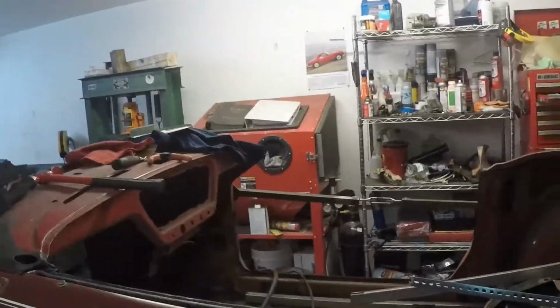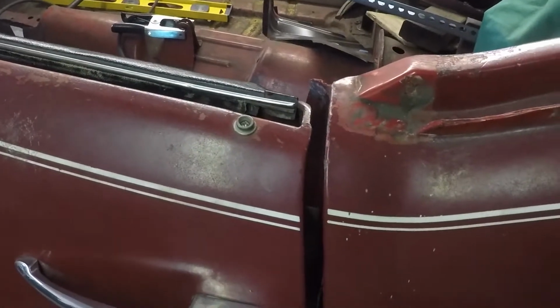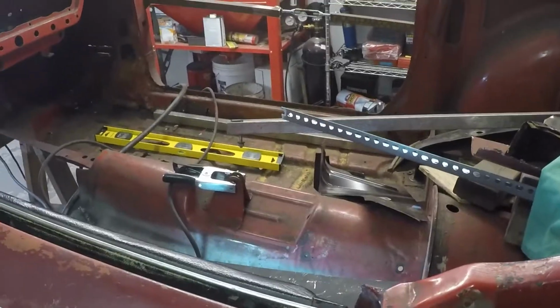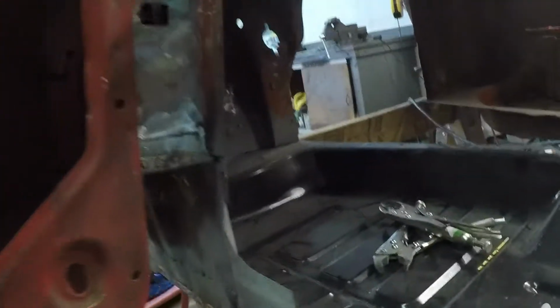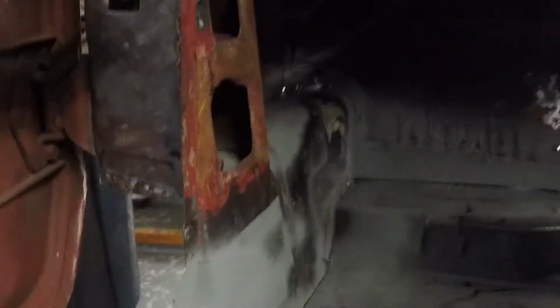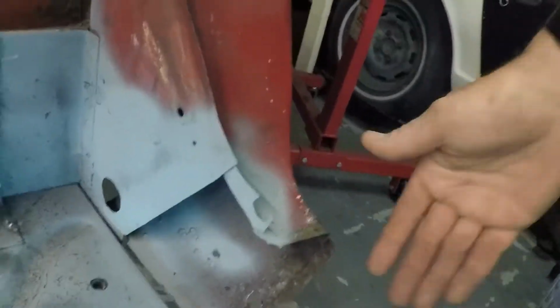So I'm pretty confident that everything is still relatively aligned and that it's a door adjustment problem. I don't have any experience adjusting doors, so I could be wrong, but I know it wasn't this bad when I got the car. But we should be good. So anyway, I've got the bottom here prepped, ready for welding. I've got everything weldable primered on it back here. This little piece of